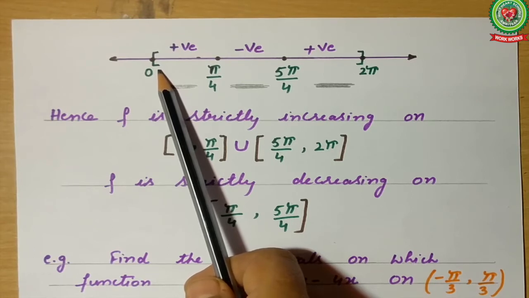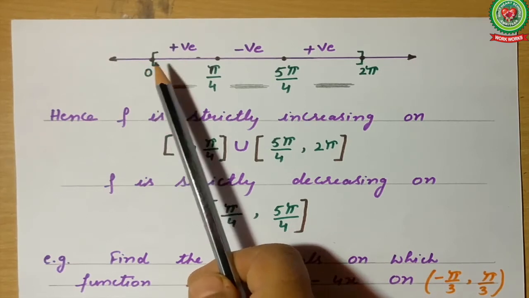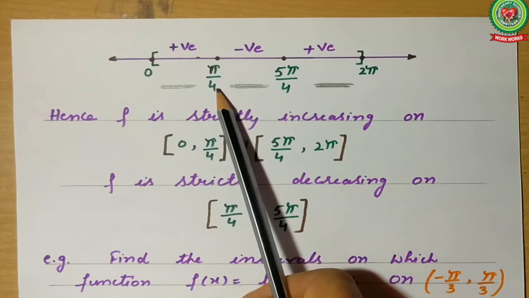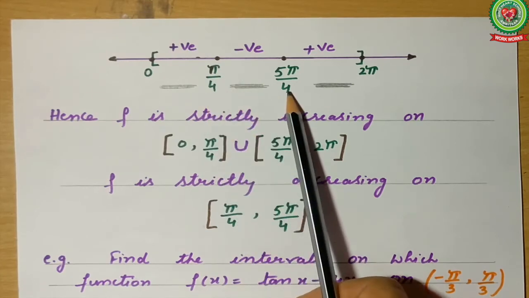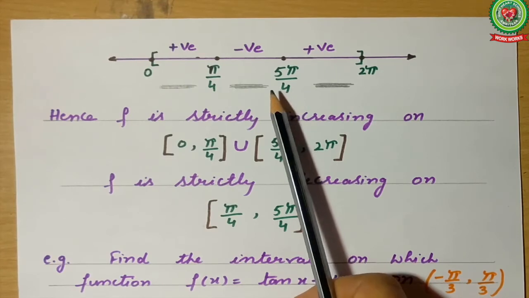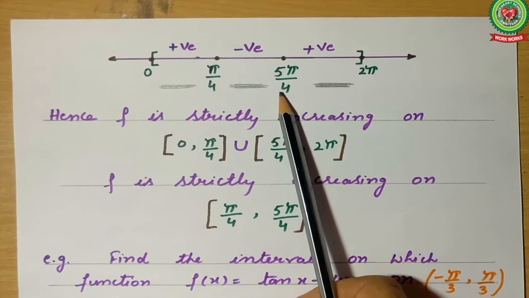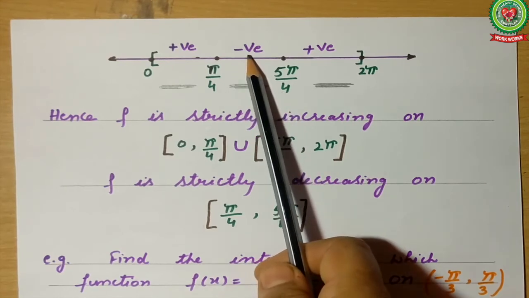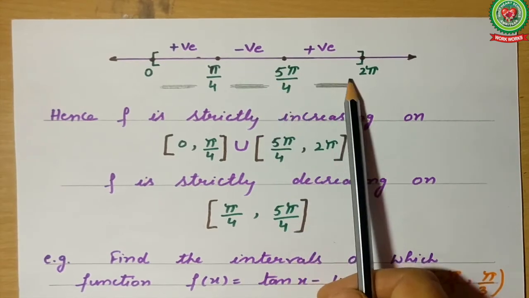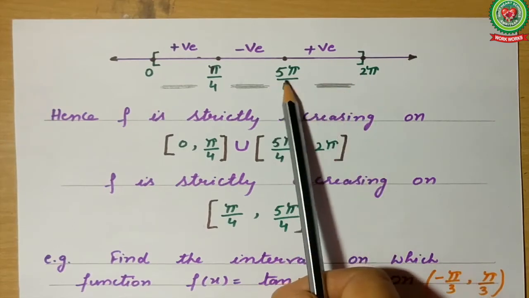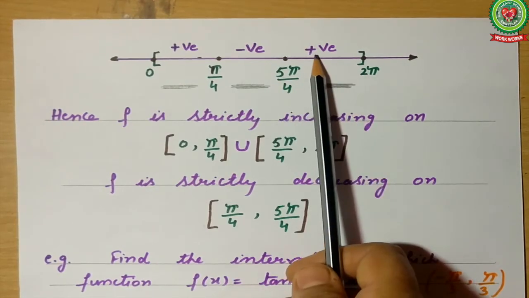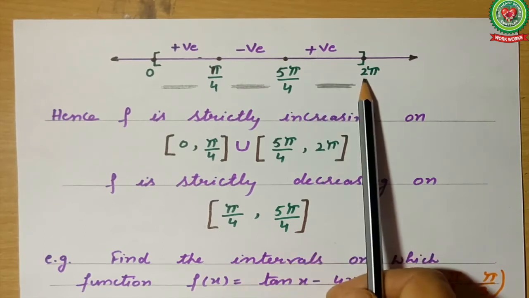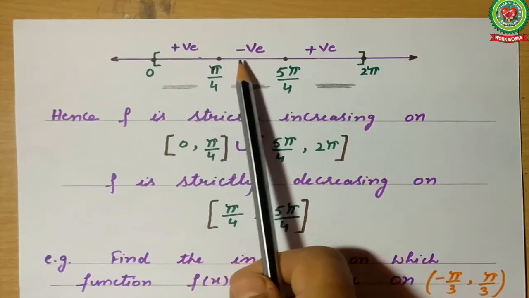When we put value 0 in cos x minus sin x, cos 0 means 1 and sin 0 means 0. So which sign will we have? Positive. Same way, π/4 till 5π/4, the value π is there. So π also gives the same kind of result, and we will have a negative result here. Same case for 5π/4 till 2π. When we put a value in this interval, we again have a positive result. Clear? We can put the value 2π directly also. 2π means 0. Now we have the signs here.